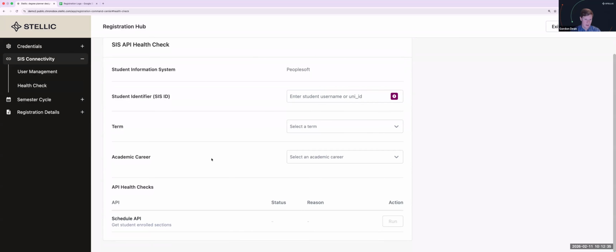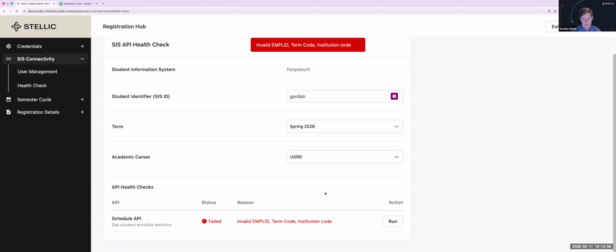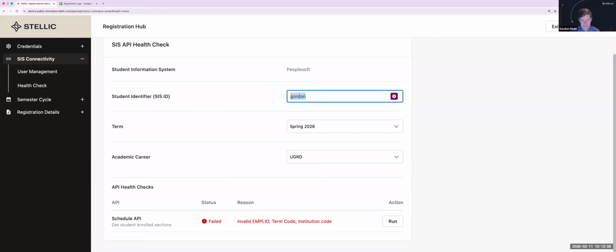What this is all about is essentially saying, great, I'm going to run a quick smoke test and determine whether or not Stellic is correctly communicating with my SIS. And we will be able to surface a bunch of different types of errors as you are getting set up to identify where in the process there might still be an issue. So when I click run, you can see that it says this has failed and it gives me a specific reason here, where it looks like it's not able to find this particular